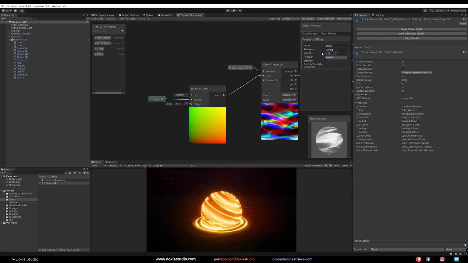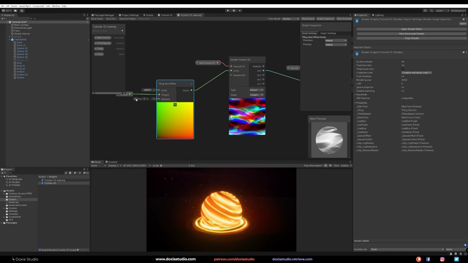Okay, that's pretty cool. And let me show you what I mean by using tiling. You can see that we are doing tiling here. We are changing the scale of our texture. And that's really important here because, for example, on this yellow one, I'm changing the tiling of it to get more lines as I want. Now, if I change the offset here, you can see that we are animating the texture, but we can't do this by hand or with keyframes, right? So we need to animate this offset.